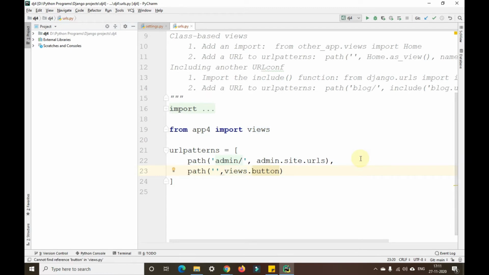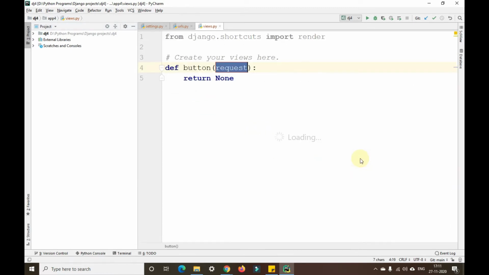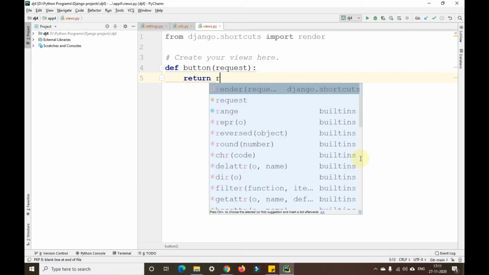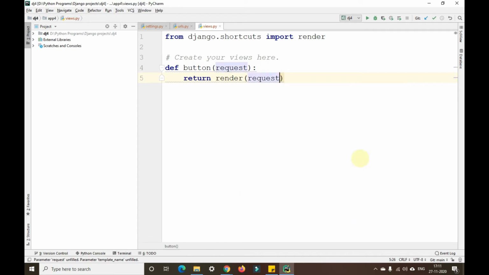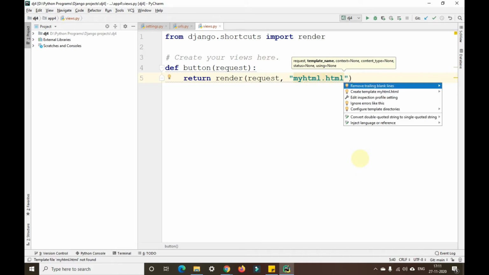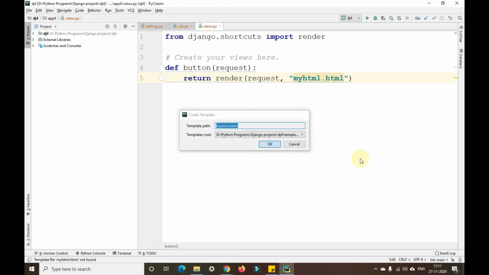Then again on button, Alt enter, create function. Here I'll just put render, request, comma, and you can give any name, guys, my html.html. Alt enter, create that particular file.